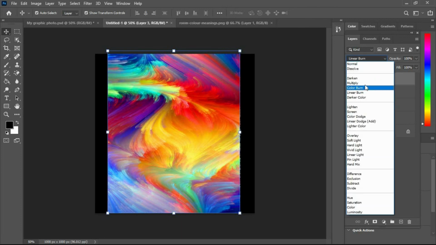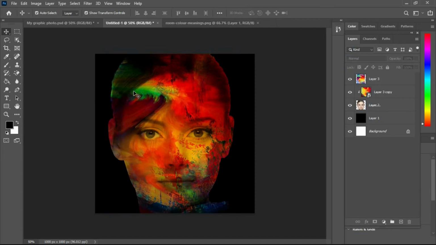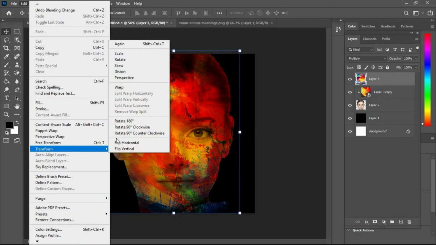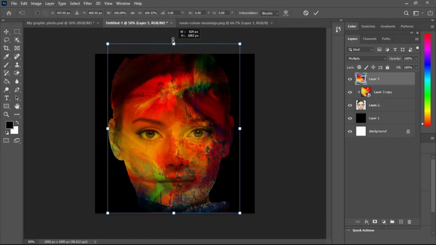Okay, go to multiply and multiply it. Here you can see that it's not looking good. To adjust it properly, go to edit and transform it horizontally. Okay, but we will adjust it.